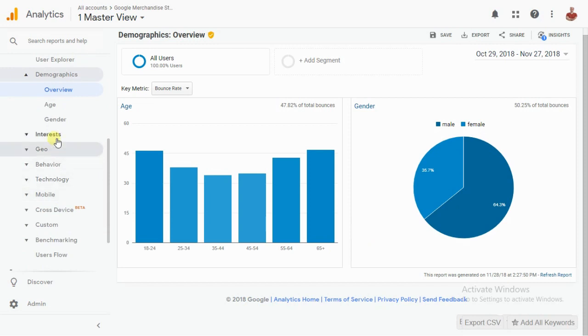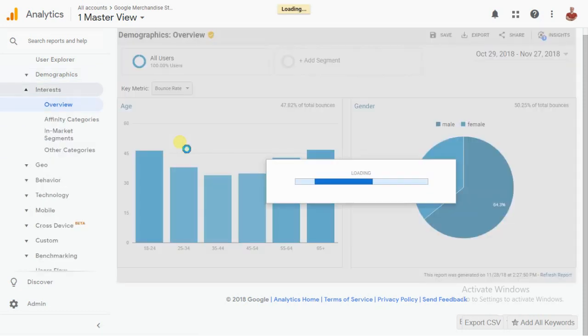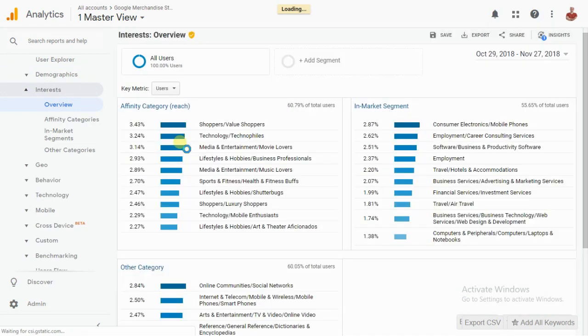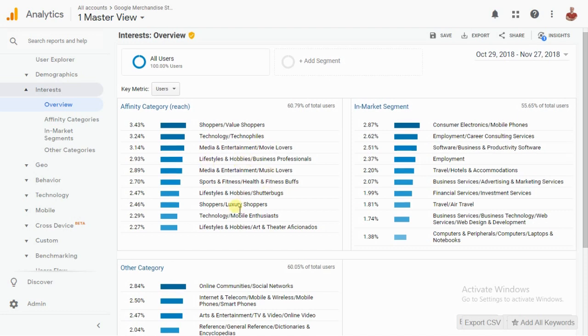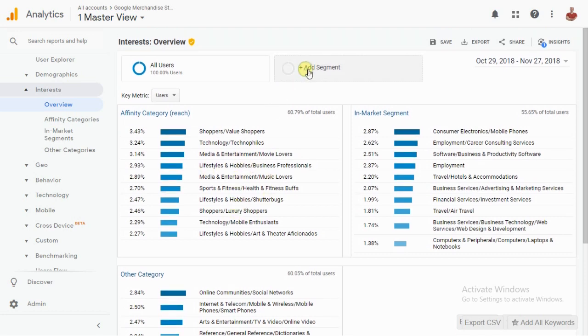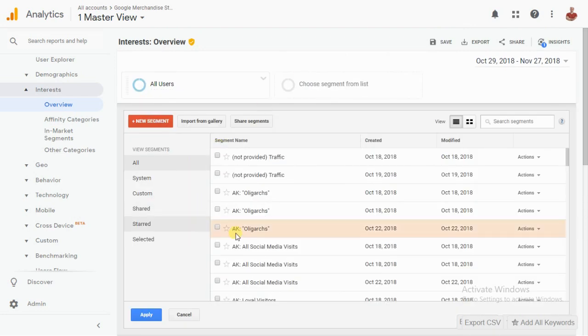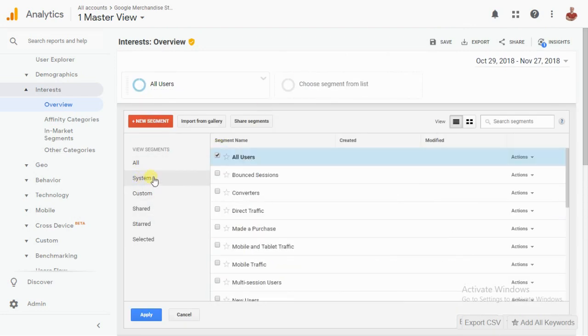Also, you have data based on user interests, and it's very interesting because it groups the users of the website by categories, and you can understand your users, whether they are shoppers, value shoppers, whether they are technology or media, entertainment or lifestyle, etc. And you can add a segment, and you can choose